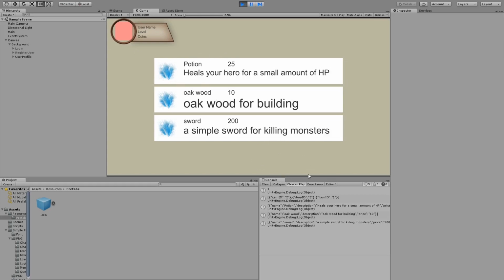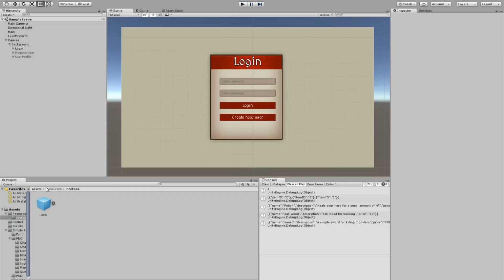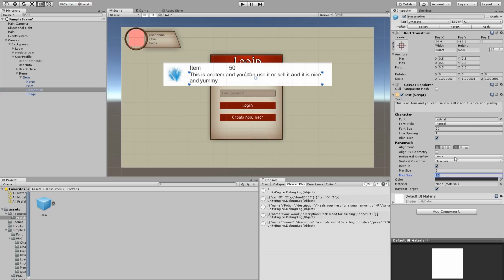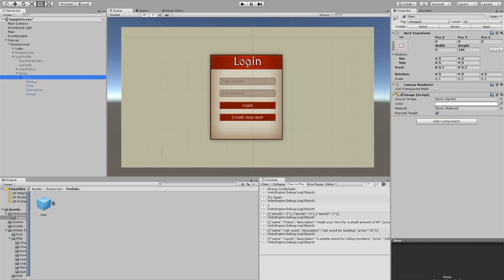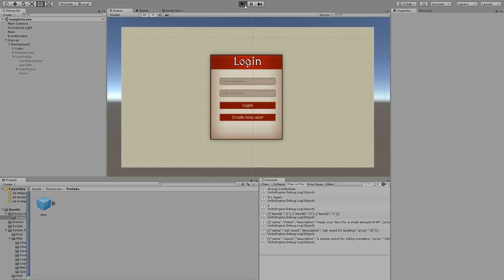So this is awesome. We need to fix the size here. It's a little bit too big when there's fewer words. So let's work on that. I'm going to drag an item here. The maximum size is quite too big. So let's get it to 40. The maximum size should be 20 or 22 or something like that. Apply that, remove this. Now play,